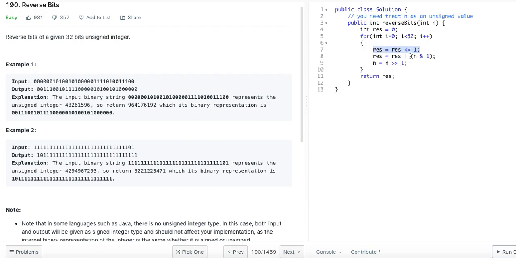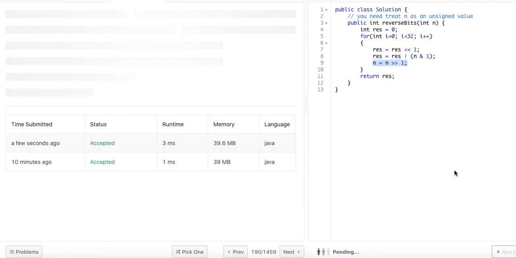Then I'll get the bit at the units place of the given number, and I'll set this to the result. If you're not clear what is happening, you can watch the getting, setting and clearing of the bits video where this is explained in detail. Once you set this bit, there's no need to care about that bit, so I'll shift n to the right by 1. So let's run this code.